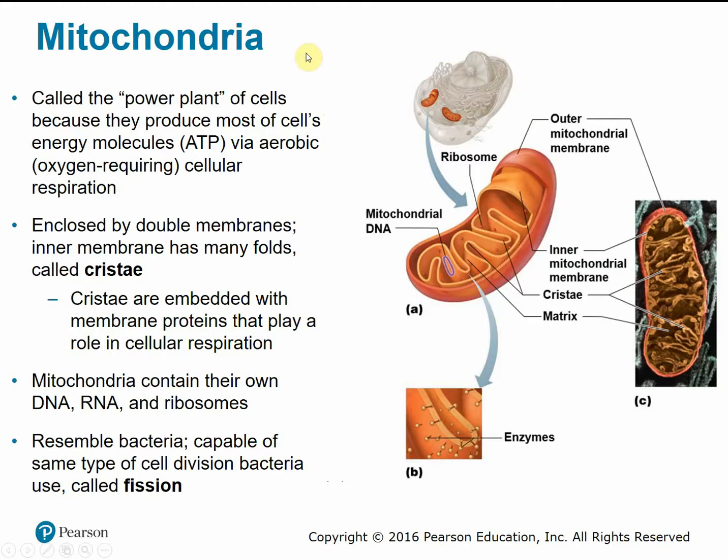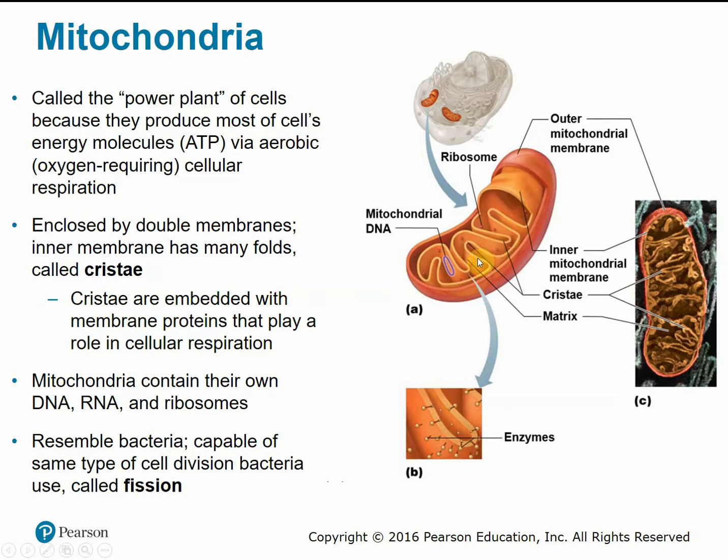The mitochondria is considered the powerhouse of the cell because this is where we derive our ATP energy. Remember, ATP is the primary energy molecule of the cell. It powers all of our cell functions. ATP is generated from glucose in these little mitochondria. These are membranous or membrane-bound organelles. They have a double membrane that folds in on itself on the inner membrane, and these folds are referred to as cristae. This is just to increase the surface area of the mitochondria